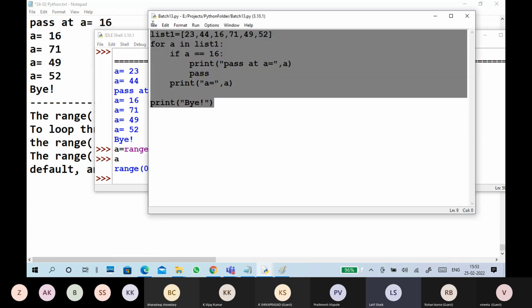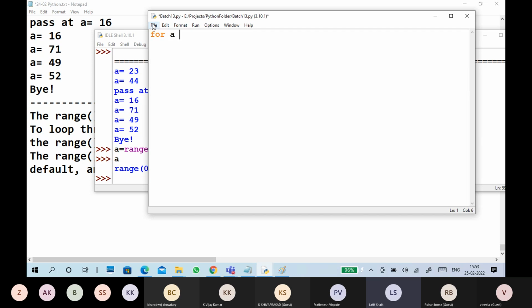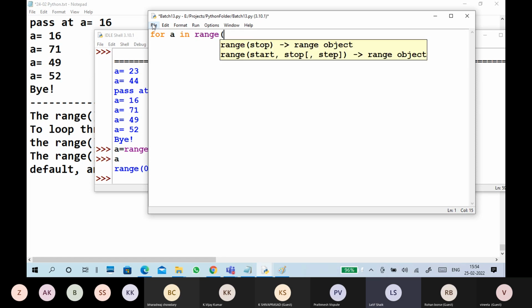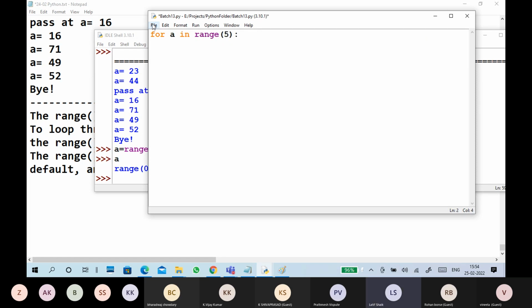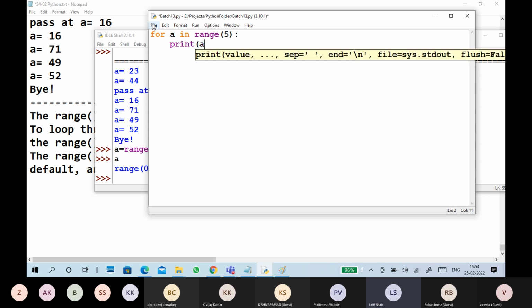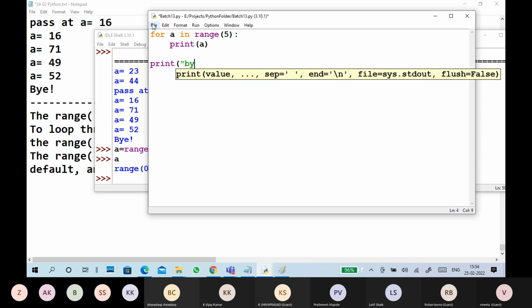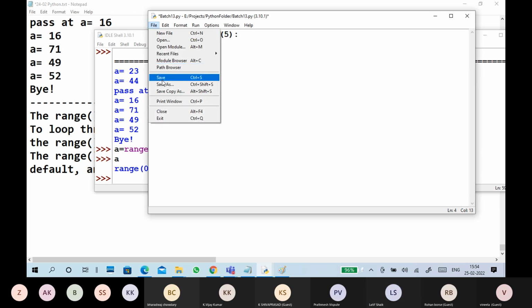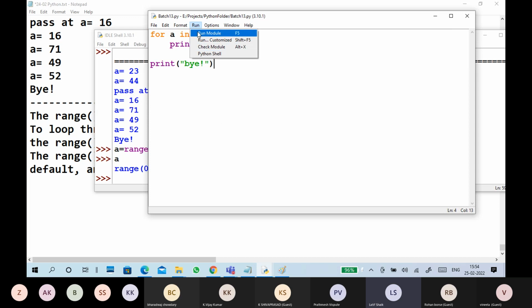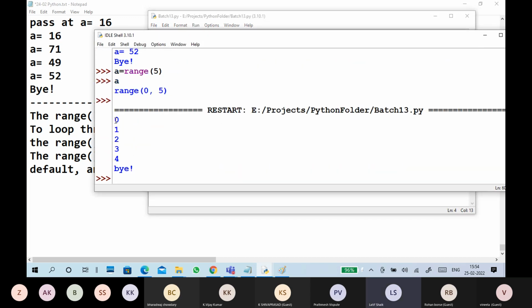In a for loop itself, for a in range 5, print a. See, 0 to 4 it is printing.